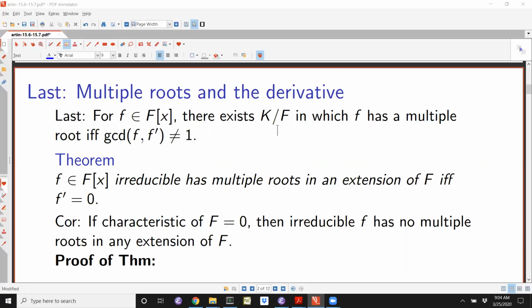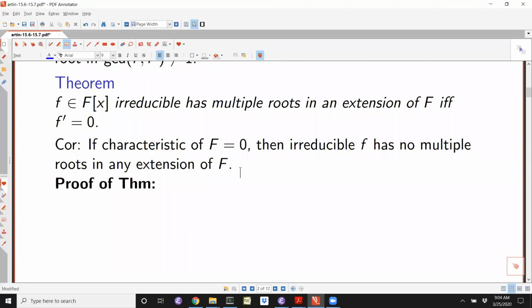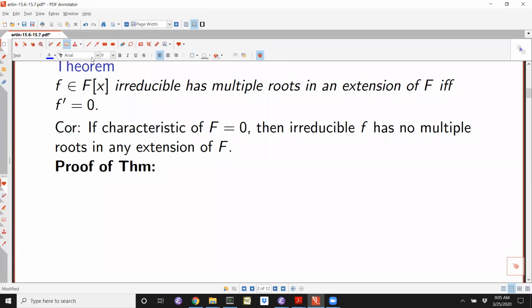And so in particular, the useful special case of this is that an irreducible polynomial has multiple roots in some extension of F exactly when f prime is equal to 0. So as a corollary, if the characteristic of F equals 0,